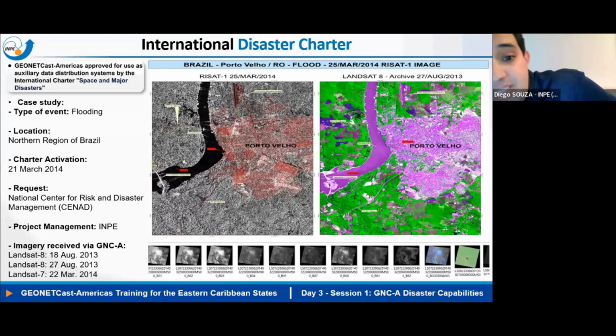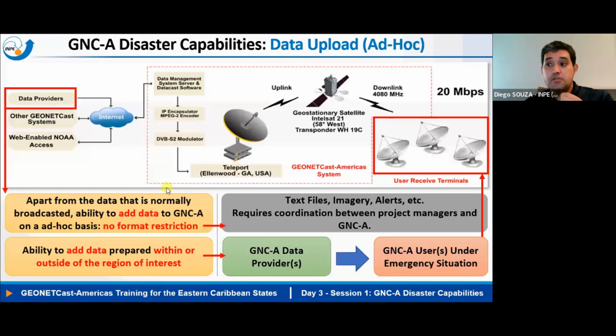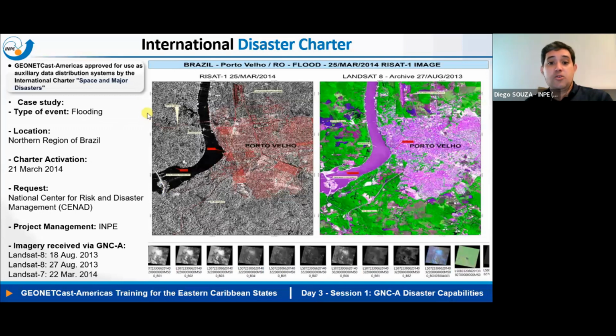Another nice capability we still need to explore is that GeoNetCast Americas is being approved for use as an auxiliary data distribution system by the International Charter on Space and Major Disasters. And that basically means that the system may be used to broadcast commercial imagery with very high resolution for specific users of the system. So I don't know if you know the Charter, but when it is activated, commercial satellite providers provide imagery related to that disaster for free. And they make this imagery available to end users